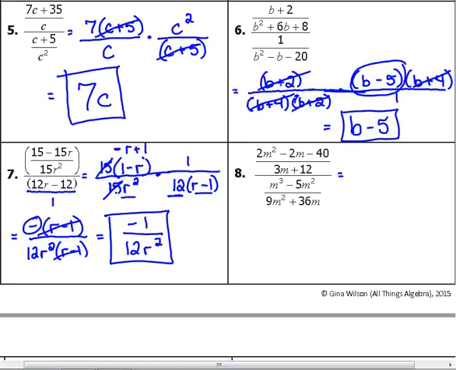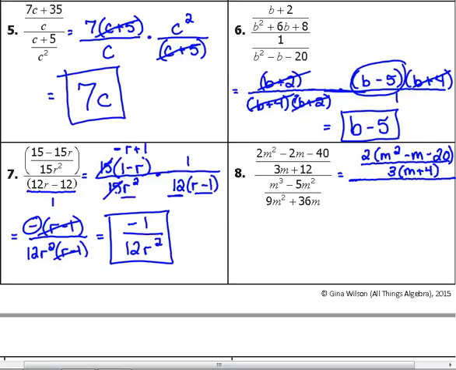Okay, number 8. Because this is so big and there's a lot of factoring to do, and I don't have a lot of room, I'm just going to factor in this first step, and then I'll do the flipping and multiplying. So in that first numerator, we can take out a GCF of 2. So that leaves us with m squared minus m minus 20 over, in that first denominator, we can take out a 3. 3 times m plus 4